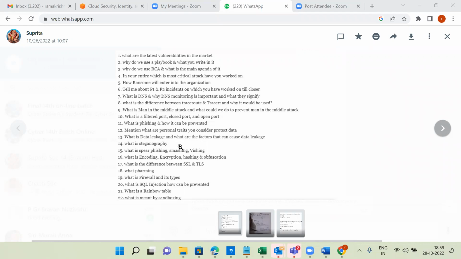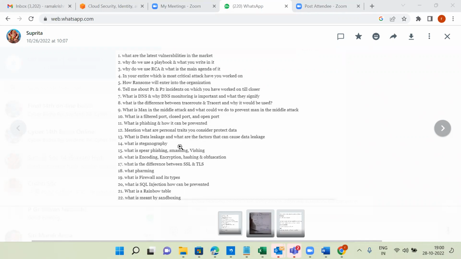Traceroute in short, we call it tracert. Whenever we enter it in the command line interface on Windows, we use tracert, not traceroute. Traceroute is a generic, proper term. Yes, it's a generic term. That's correct. Maybe they want to confuse you, so that's why they asked about this one.